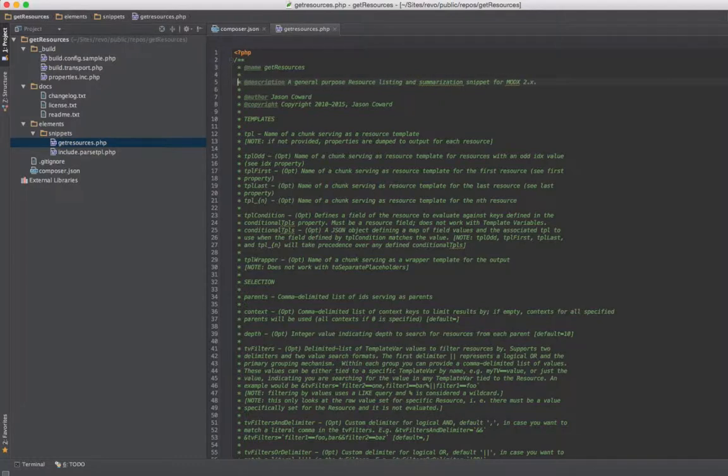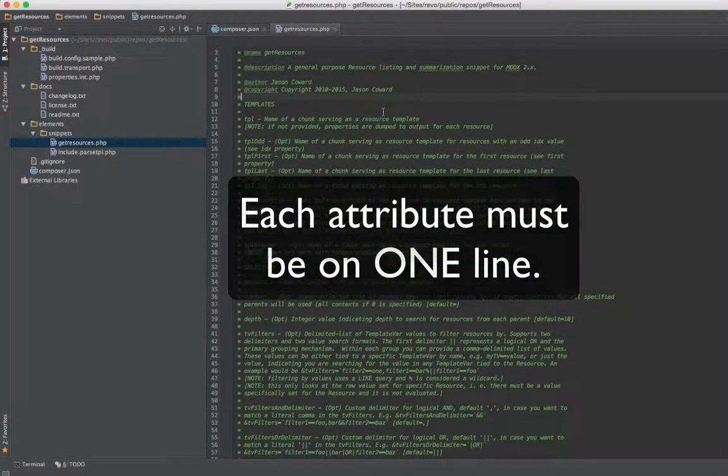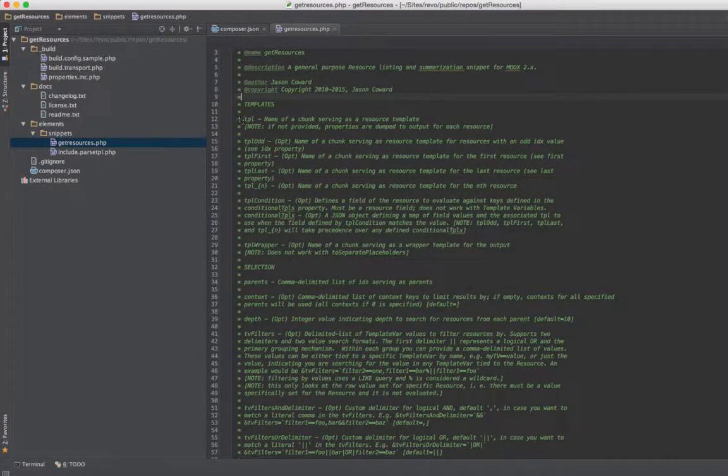It's important that each of these is on one line. Do not hit the return key. And sometimes you get some long lines, but that's just how it is. Okay, and the other thing that the most recent version of Repoman does is it supports snippet properties, and it